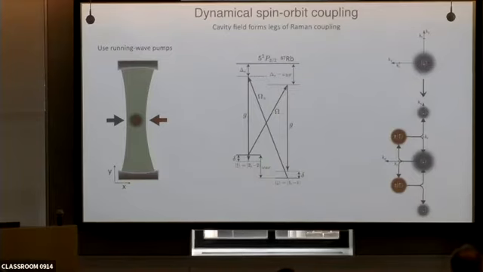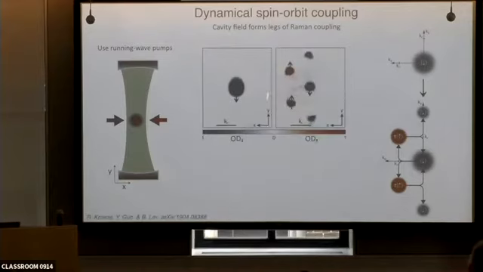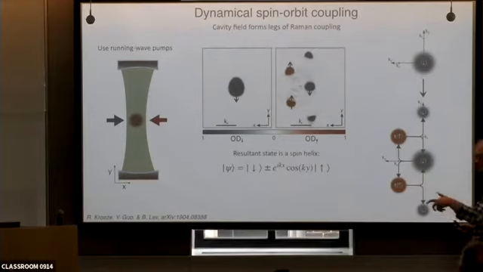This looks like spin-orbit coupling because spin-ups are moving to the left and spin-downs, well, they're not moving, but in a boosted frame of k_R over 2, spin-down is moving to the right and spin-up is moving to the left. That's what we mean by spin-orbit coupling. And it only happens at this threshold, and that's what we mean by dynamical here. So this is experimental evidence for that. Below threshold, that's this picture. And above threshold, you don't see those peaks anymore. You see these. The resultant state is a spin helix state that is spinning along the x direction between these two. And that's a cute thing to do.